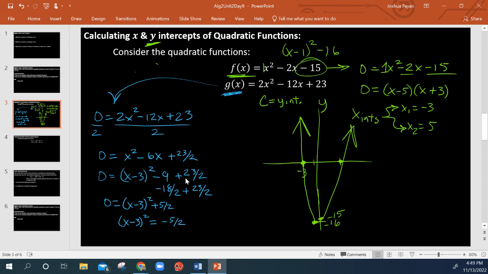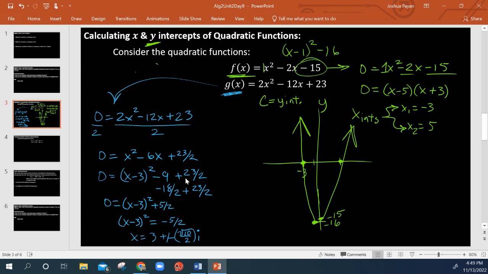Okay, and then take the square root of both sides, add 3 to both sides. x is equal to 3 plus or minus, and then we have something interesting happen here. After I do all the square rooting, right, I'm going to end up with i. Okay, and it's going to be plus or minus the square root of 10 over 2 times i. So I end up with a complex conjugate in this case, right? And what that's going to mean is simply that I don't have a real